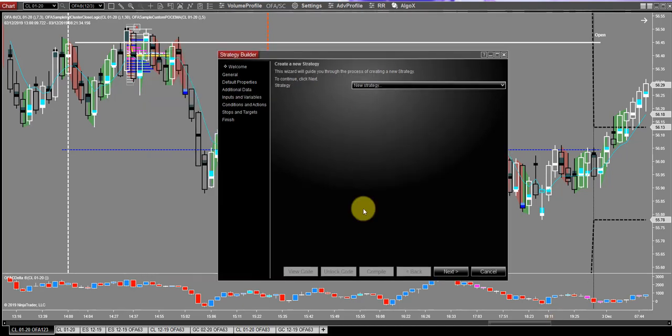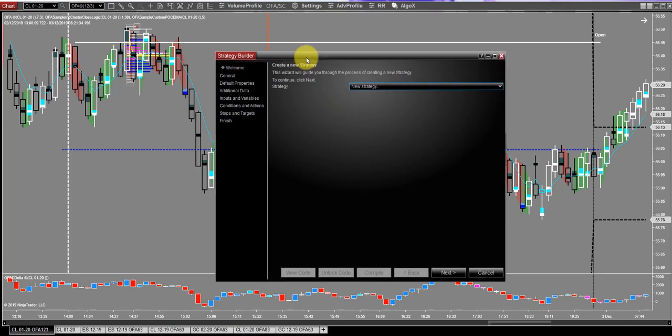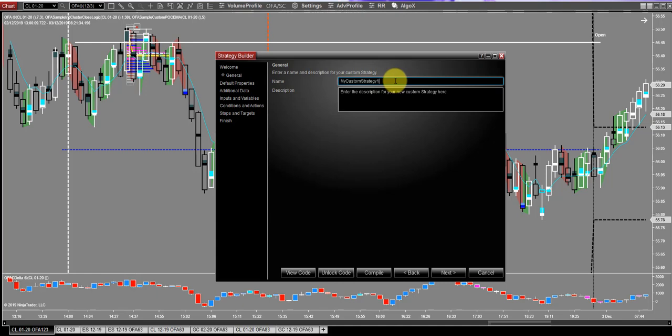You can see here I have opened up the Strategy Builder from the control panel, and I'm just going to walk through the steps to build some simple conditional logic to actually demonstrate accessing the OFA data. So if I just go next and I just give it a name, so give it a name here, my custom strategy demo,